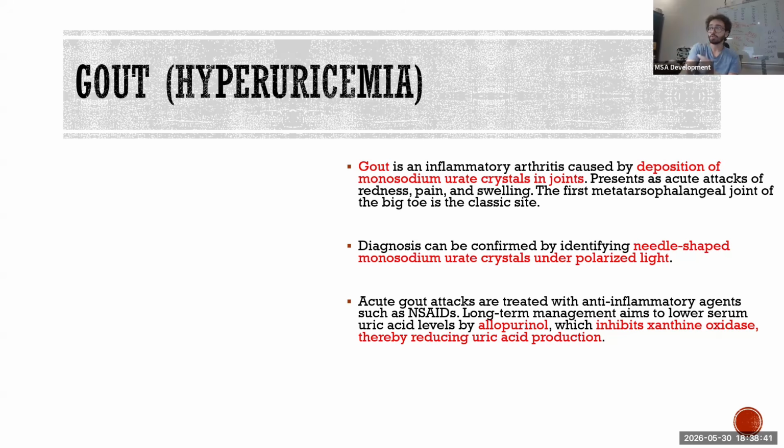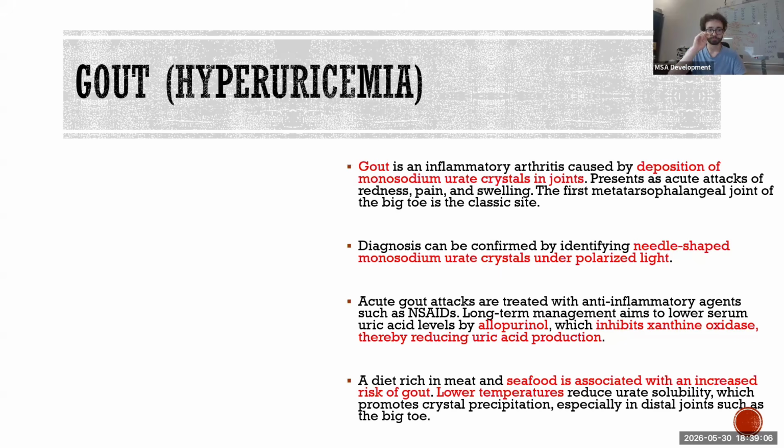Nice. So allopurinol, what will it do? It will inhibit the production of uric acid by inhibiting xanthine oxidase. Normally we have xanthine, it is broken down to uric acid by xanthine oxidase. Allopurinol will be like, no, we are not breaking down the purines anymore. We are not making any more uric acid from xanthine. So allopurinol will block xanthine oxidase, thereby reducing uric acid production.